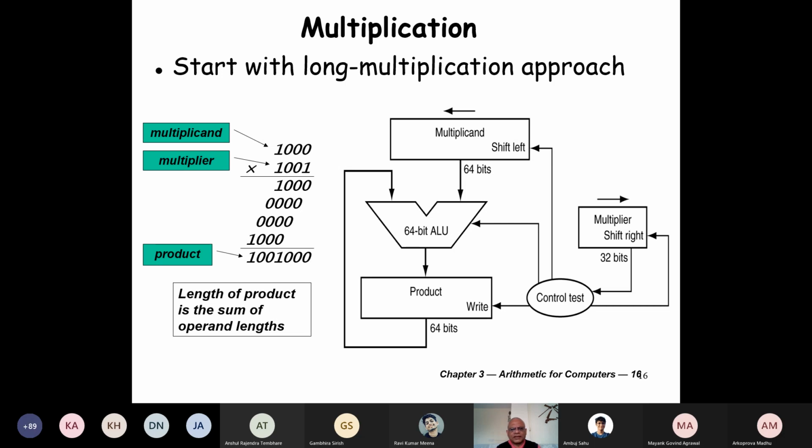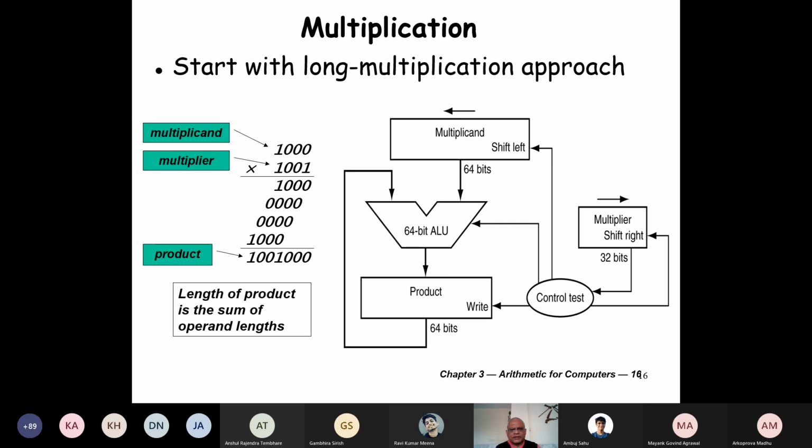Right now we will just do the basic multiplication. We will not consider the sign. These are all unsigned numbers. We will not discuss signed multiplication. But once we know how to handle unsigned multiplication, adding the sign will be relatively easier. We'll just see that if the two signs are different, then we'll put it as negative.